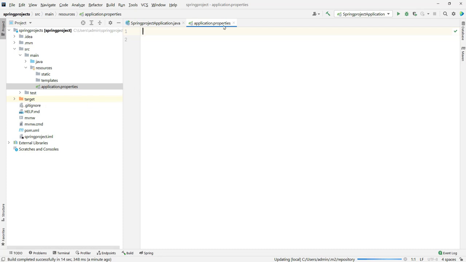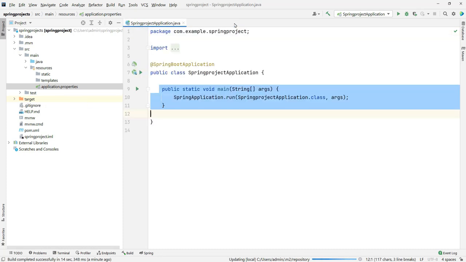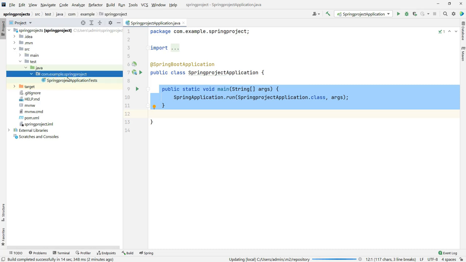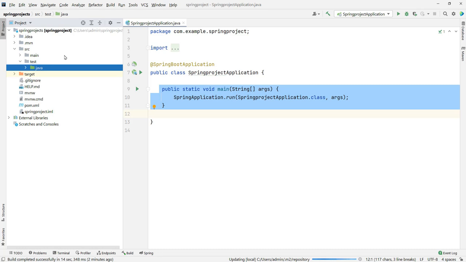Okay, now let us try to execute this first default program, and we'll see whether it starts my Tomcat server successfully or not. For that, we can write a simple statement just for testing. Later I'll show you how we can write simple code for developing a REST API service and how we can test the REST API service. All these things we will see in the coming videos. I'll write System.out.println with something. This is for testing.